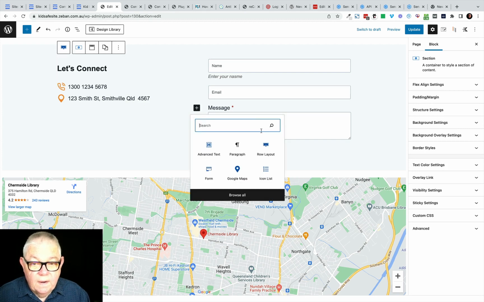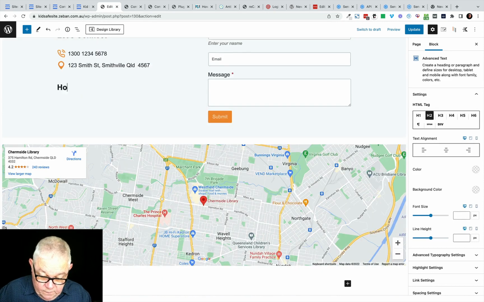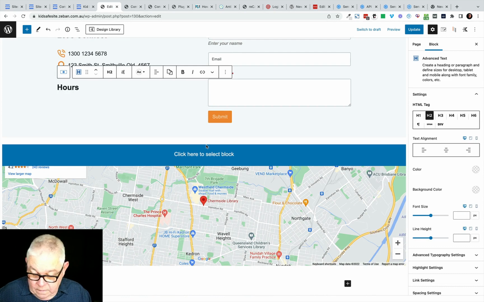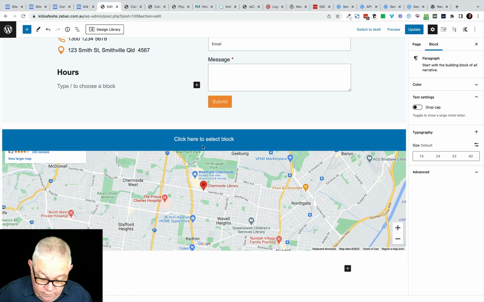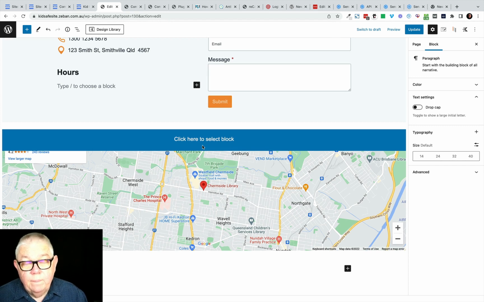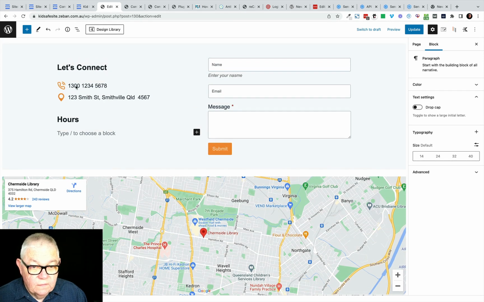If we were to put in then another one, we would go with another advanced text and put in hours. And then just start to put in the hours, but knowing that they have to be exactly the same as the way that it's written on your Google Business profile. And in fact, so does this. They are very, very particular that you couldn't put ST here and STREET on your Google Business profile. Google has difficulty in then aligning these up, and it will indicate some degree of uncertainty on your Google Business profile,